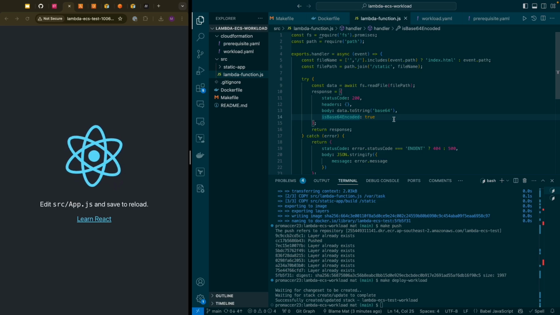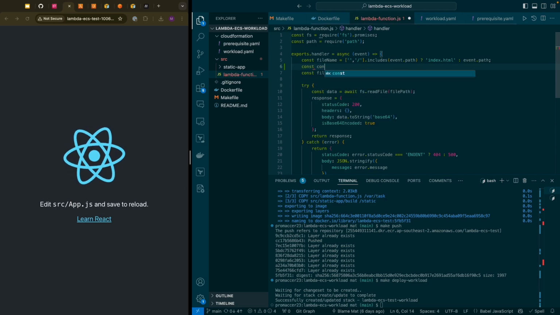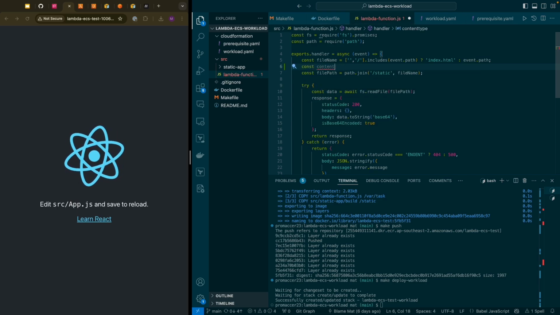So we can address this by going and implementing our own content type handling, and this is going to give us the ability to explicitly allow Lambda to tell the load balancer what it needs to do with it. So let's go ahead and do that. So up here we're handling that mapping and defaulting a file, so it makes sense for us to default the content type as well. So let's create another